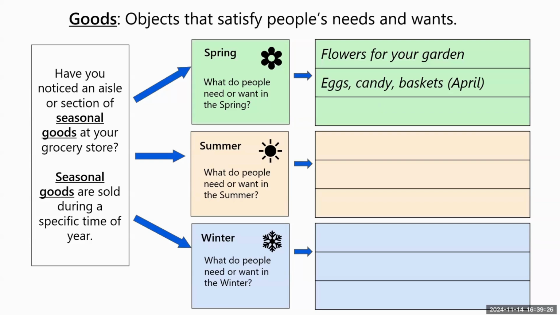The other thing that kids might key in on in spring is the weather changes, right? Our rain comes back and things are growing and they're beautiful. So they might say something like rain boots or an umbrella because the weather in our part of the world would dictate that. So you could go through and solicit student answers for summer and winter. This is adaptable. So if you wanted to choose spring, if you want to put fall in there, obviously I didn't, you can do that as well. But you're getting the kids thinking about the specific goods they would use or spend money on. What are people trying to get you to spend money on during specific times of the year?